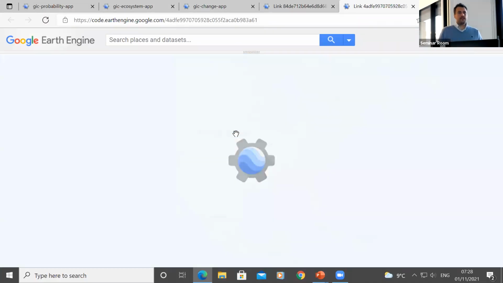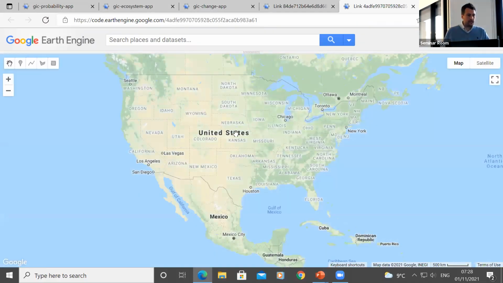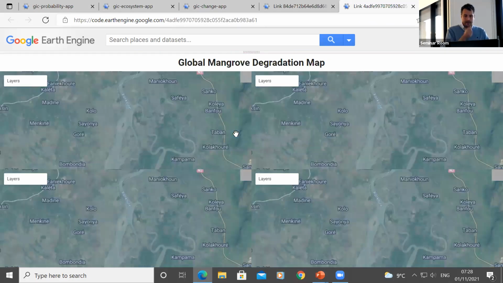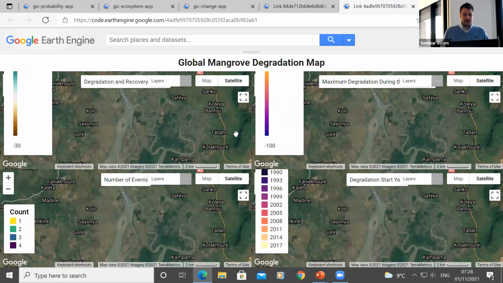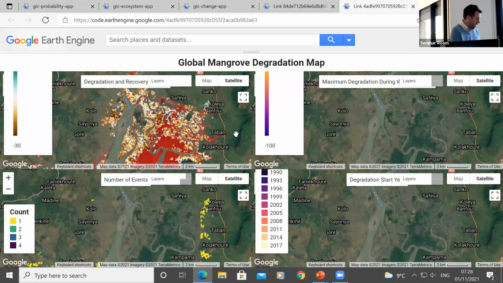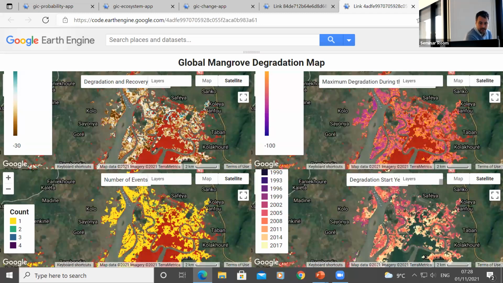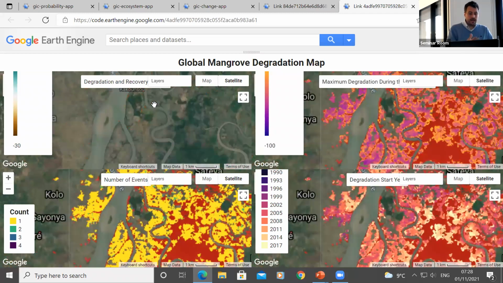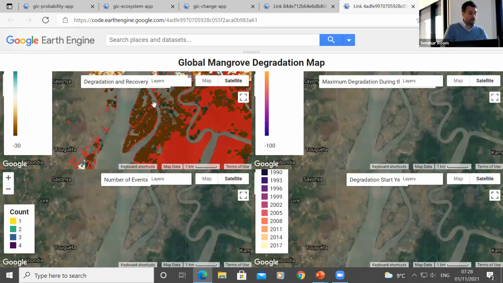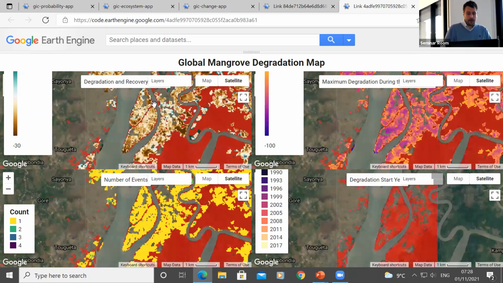Secondly, we can look at lots of other things. The data set's pretty rich in terms of what's available. So in the top left is the condition change. So the browns are areas that have declined. So we can see from this island there's large amounts of decline. The greens are areas that actually regenerated, so we're getting some regeneration.